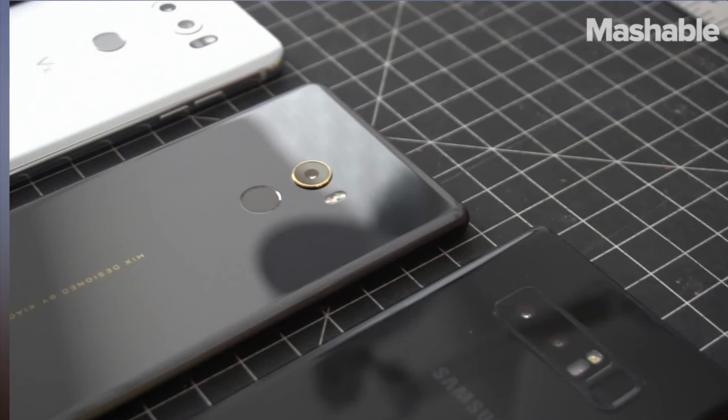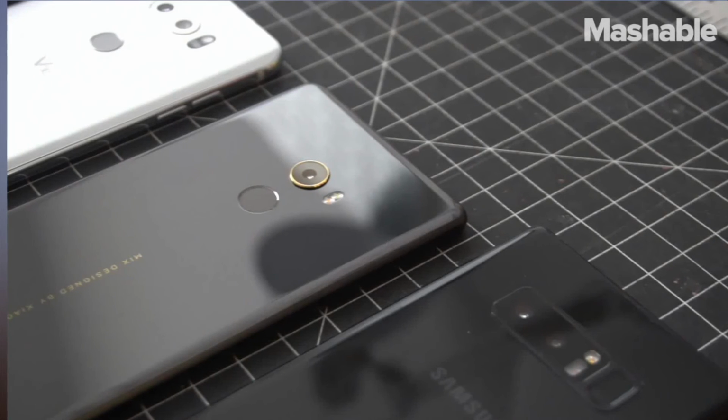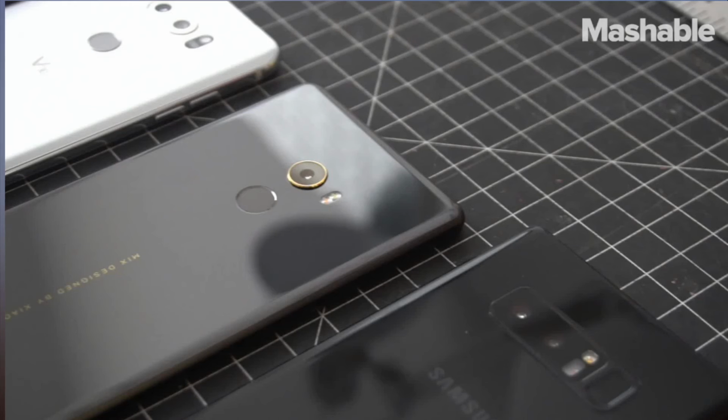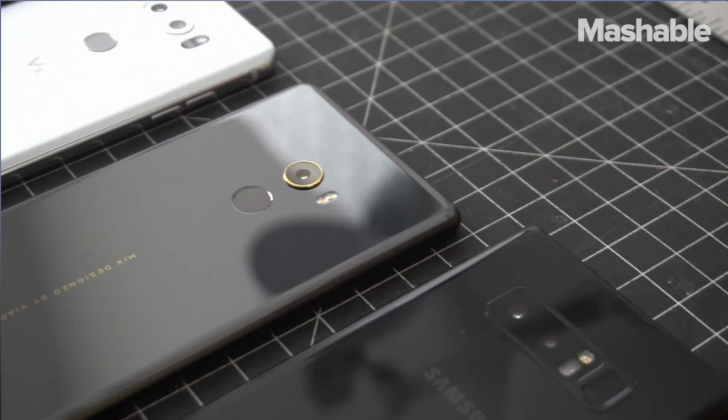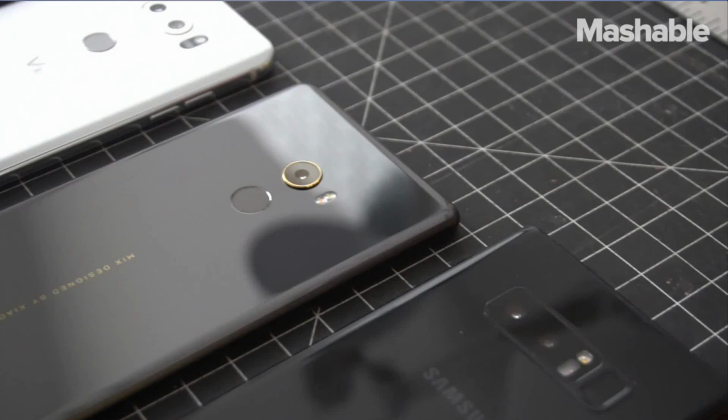The dual cameras are better, and the fingerprint sensor's now on the back. And, of course, no company worth its salt would pass on the opportunity to improve the